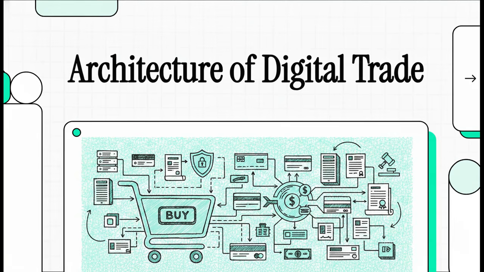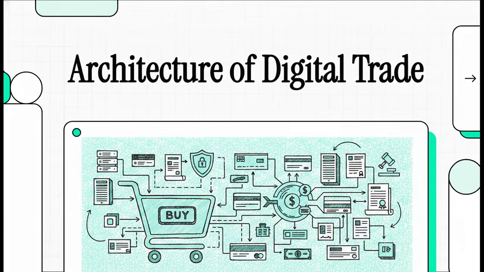Welcome to this explainer. Today, we're going to embark on a really fascinating journey. We are going to construct a complete mental model of a digital trade ecosystem quite literally from the ground up. It's easy to think of e-commerce as just clicking a buy button on a website, but it's actually this massive, invisible architectural marvel. It's a hugely complex grid of infrastructure, security protocols, payment gateways, and legal frameworks, all operating flawlessly